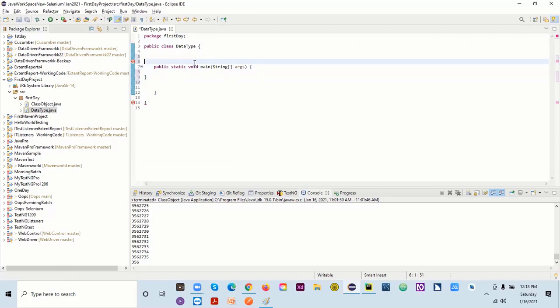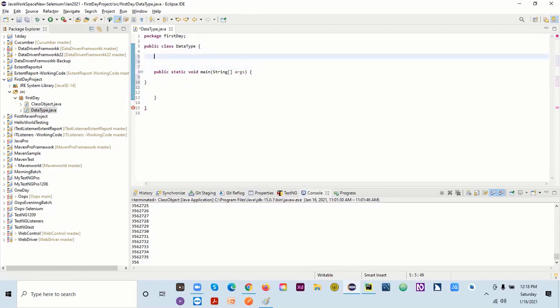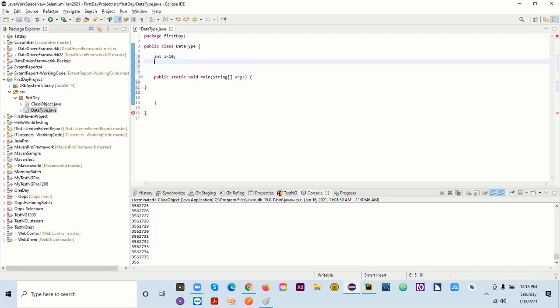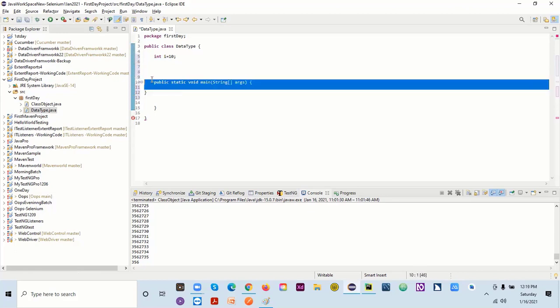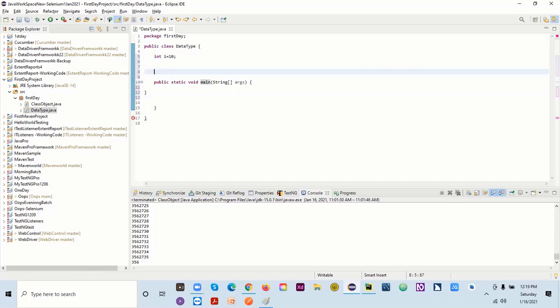But here we can have our data type here. So let's say if I want to have a data type method or something, I can have it here. A user defined method, not an inbuilt method. This is the inbuilt method. This method we are getting from Java. So whenever you want to create a method, you can create the method outside of this main method. So suppose I want to create one method, public, and I want to say void. Let's say void and display. You can give any name here, so there's no issue.